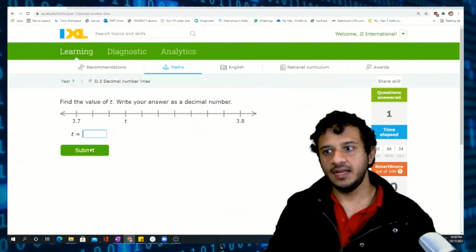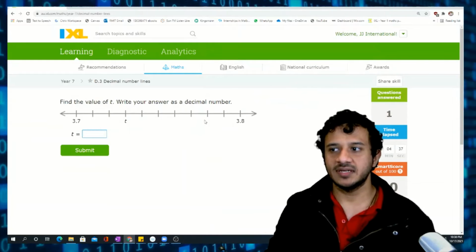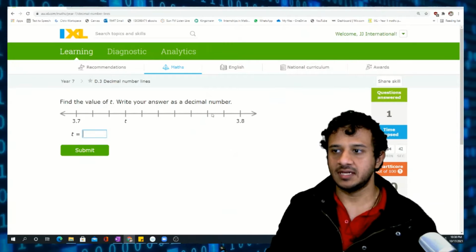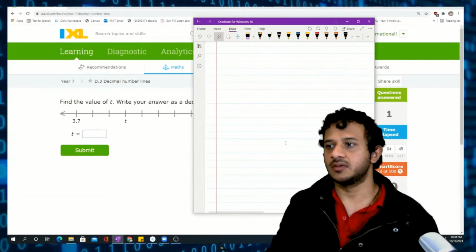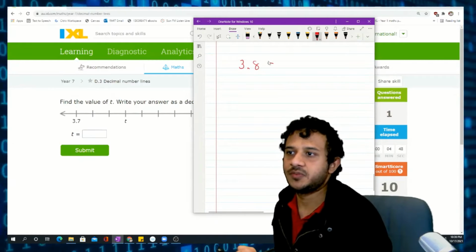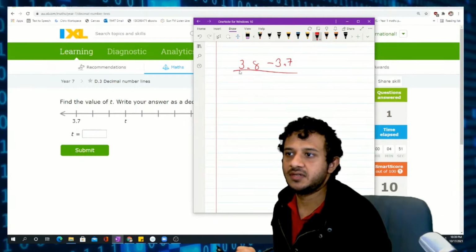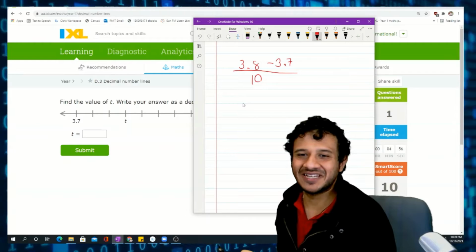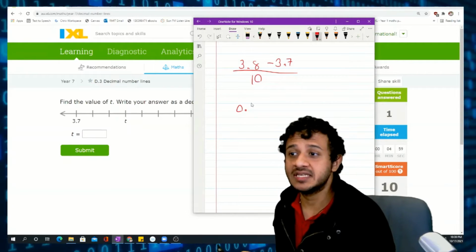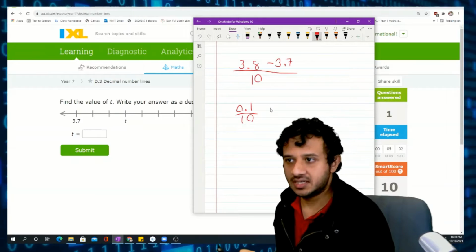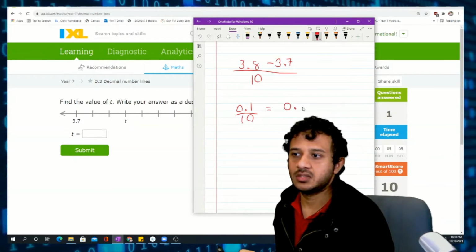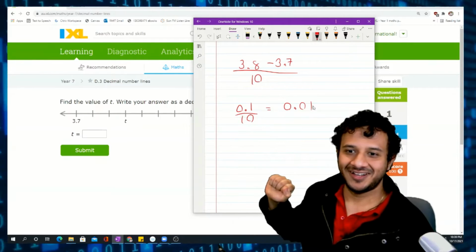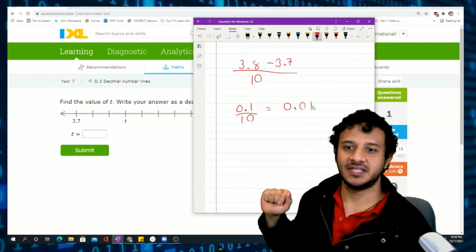And now the next question is from 3.7 to 3.8. How many gaps are there? 1, 2, 3, 4, 5, 6, 7, 8, 9, 10. 10 gaps are there. Okay. So the ending number was 3.8, the starting number was 3.7, divided by the number of gaps. So 3.8 take away 3.7 is going to be 0.1. 0.1 divided by 10 is going to be 0.01. What did I do? Dividing by 10 means the decimal point moves one place towards your left-hand side, because it's a division by 10. So 0.01 is the